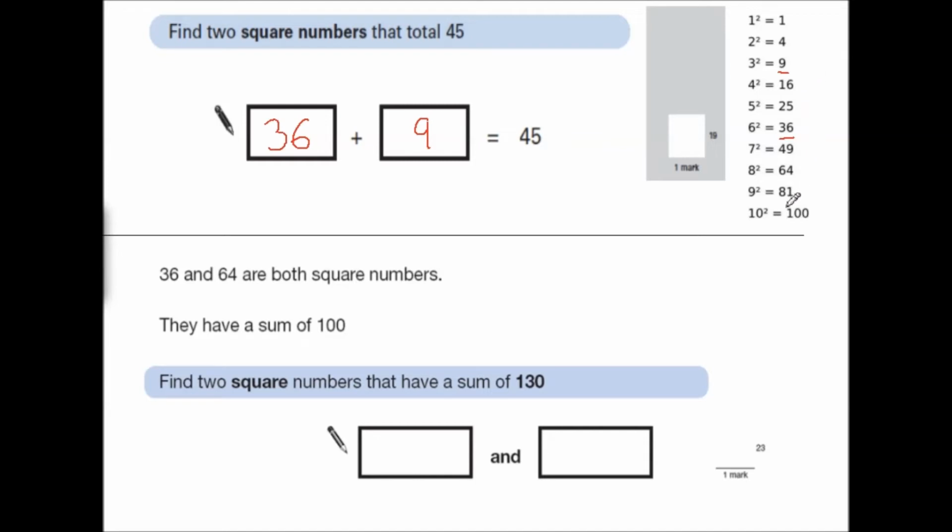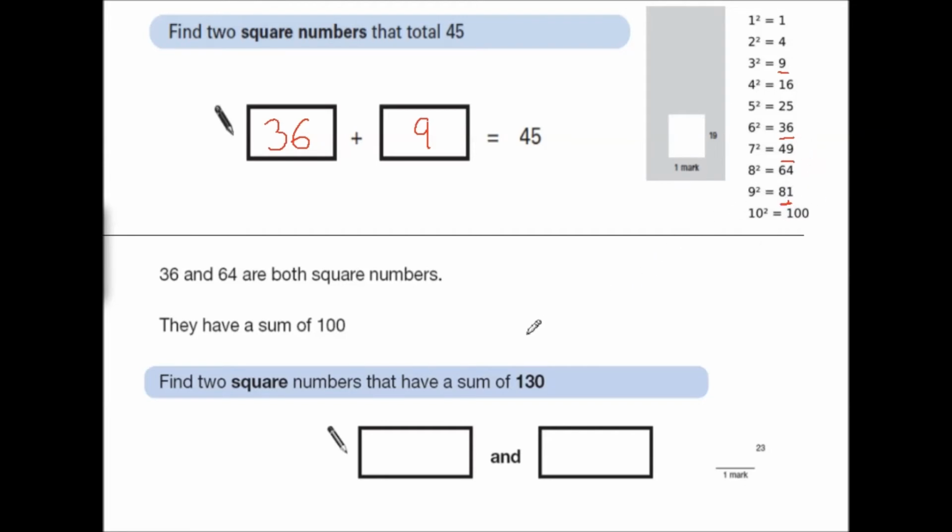Let's have a little look. What about 81? So let's pick 81 and perhaps 49, because I can see that the number we need ends in a 0, so it's a multiple of 10, and 9 and 1 gives us 10 as well, so that will end in a 0. So using your number bond knowledge and your mental math skills, you can figure out two numbers that it might be, and you can test them. Obviously, you're going to need quite a big number. It won't be anything like 1 and 4 or 1 and 9, because that's not going to be big enough. So use common sense and your mental math skills, and then try a couple of different combinations.